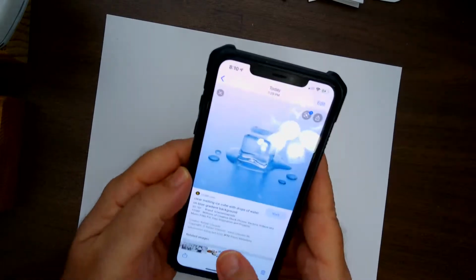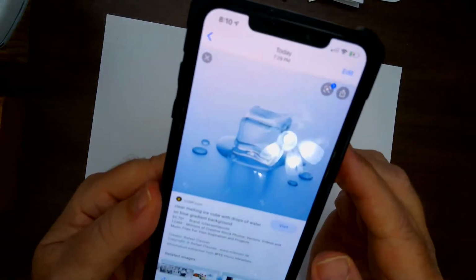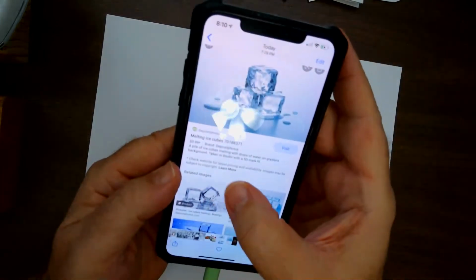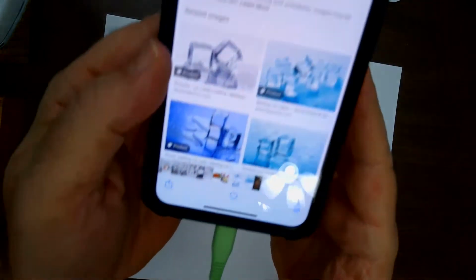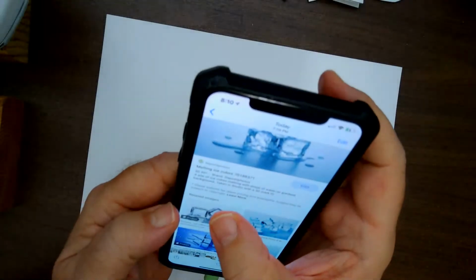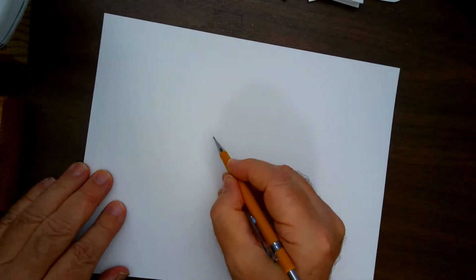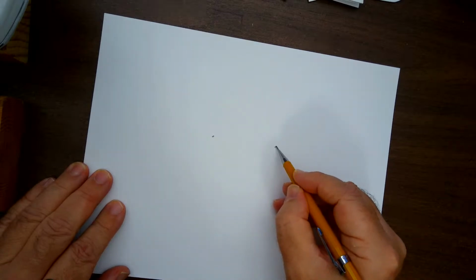One drawing every night, right? Now, here's what I did. I took a picture to show you. I went online and I got some pictures of these melting ice cubes. Look at these great ice cubes. I just did a search on Instagram for the melting ice image. Isn't that cool? And then look at this pile of ice here. You just type in anything in the world, anything you can think of on your phone, and you get some references, and you can draw it. Isn't that awesome?